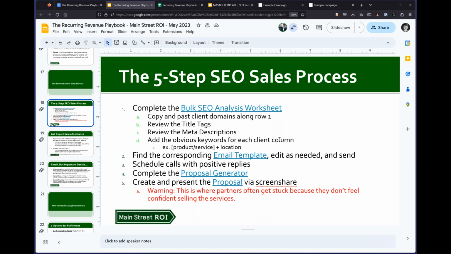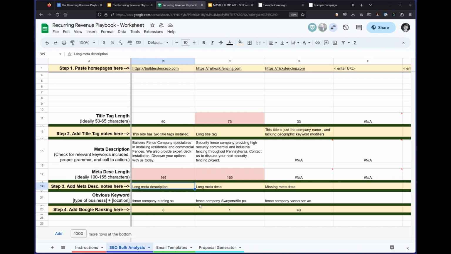So you run through the proposal generator, and you can take the information from there and basically paste it into the proposal, and you're good to go. So I'm going to switch over to the recurring revenue playbook spreadsheet that Phil showed before that you can make copies of. And the idea here, so starting at the top,